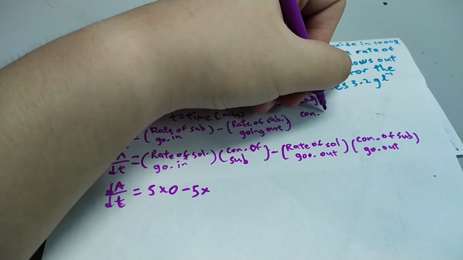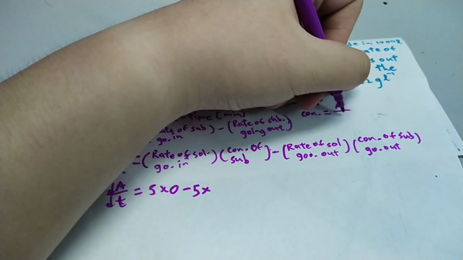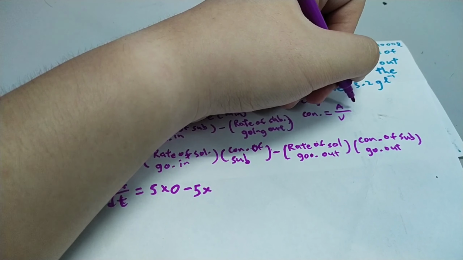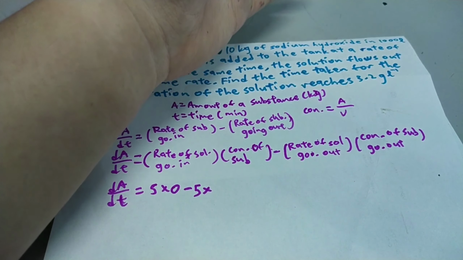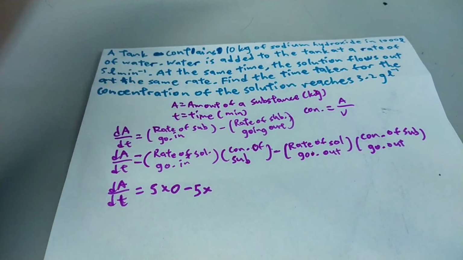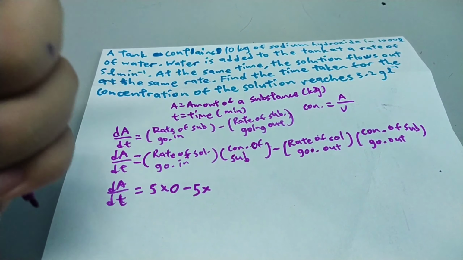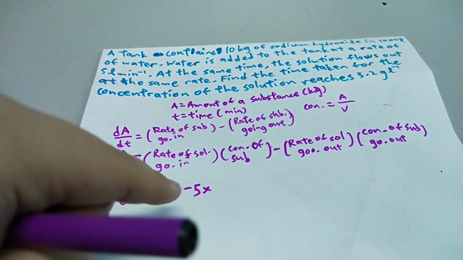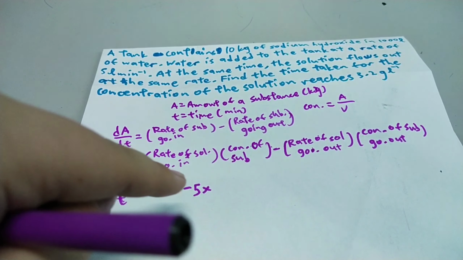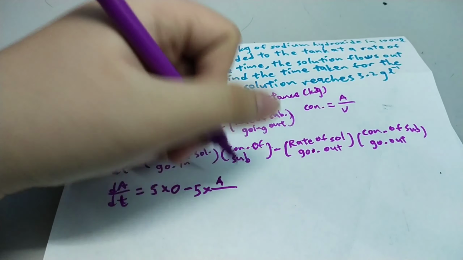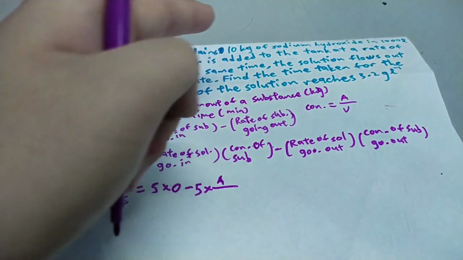The concentration is equal to the amount divided by the volume, where the amount refers to the mass. So in this case it's going to be the amount of the sodium hydroxide, which is A, divided by the volume in the tank, which is